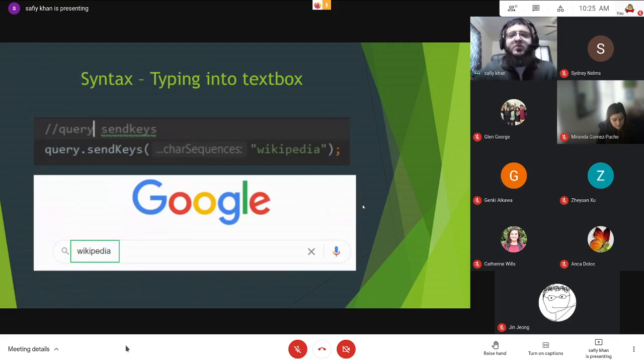Next thing, once you've found the element you want to work with, especially if it's a search bar, like google.com for example, you want to be able to type into the text box. You want to type into a text box, you want to type into a search bar. Again, same thing. The way you do that